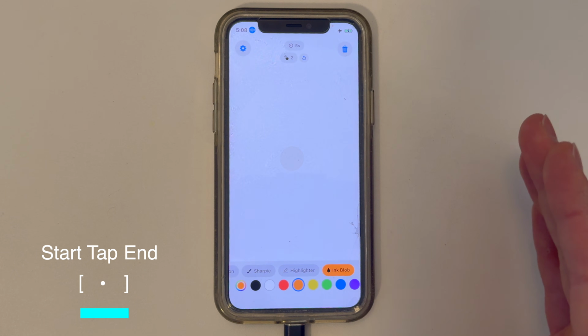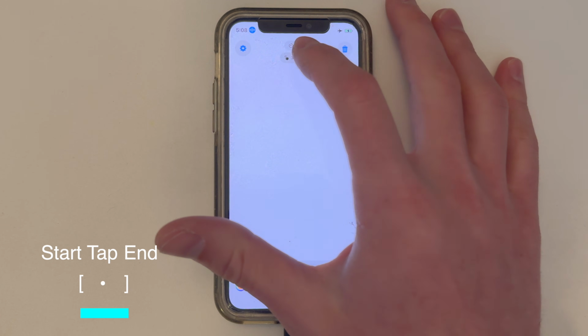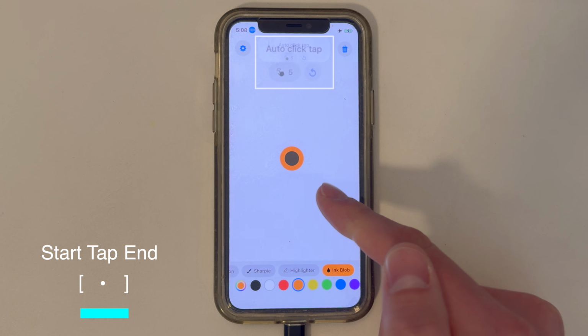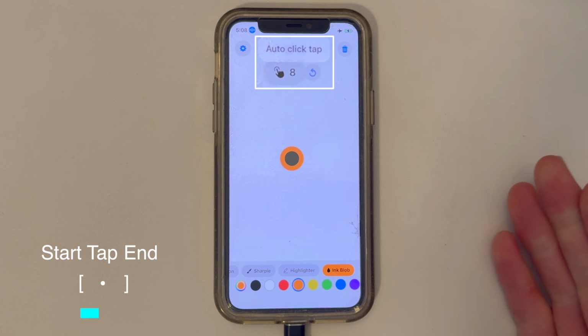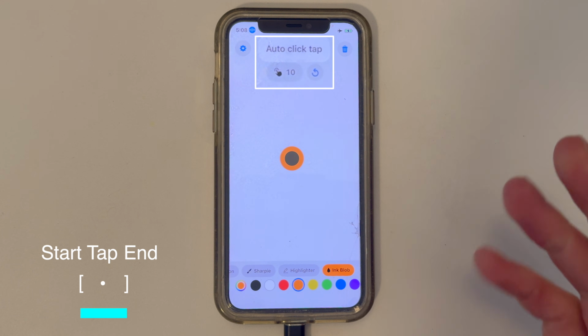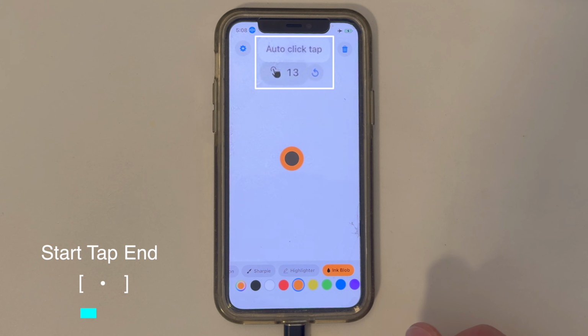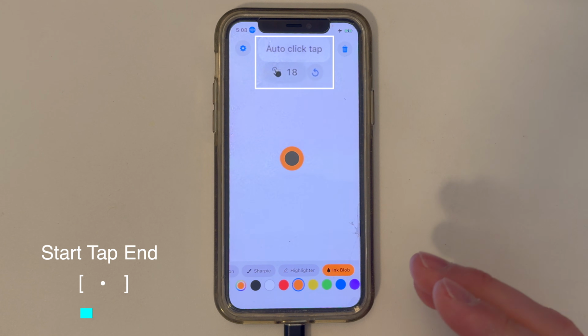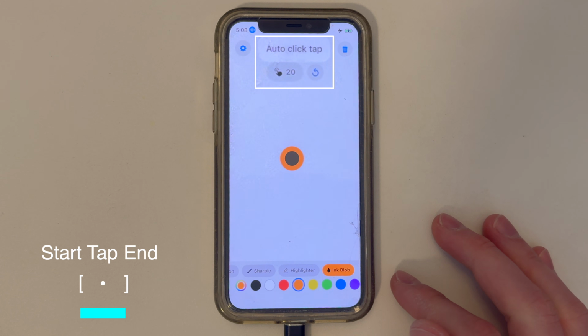It's tough to tell when it finished, so we can demonstrate that by, let's reset this, repeat 30 times. You'll notice that it's tapping much faster than the gesture that we created. So that's just something to be aware of whenever you're making these gestures and maybe repeating them, that it can be tough to add